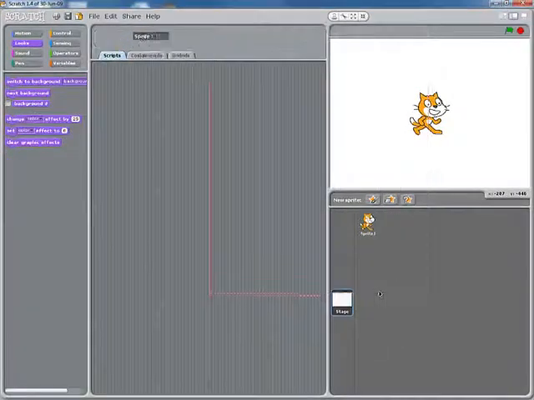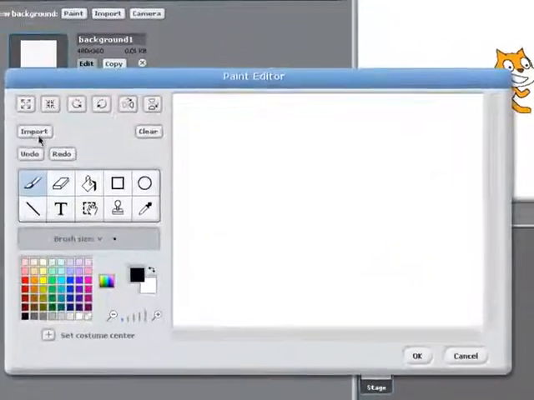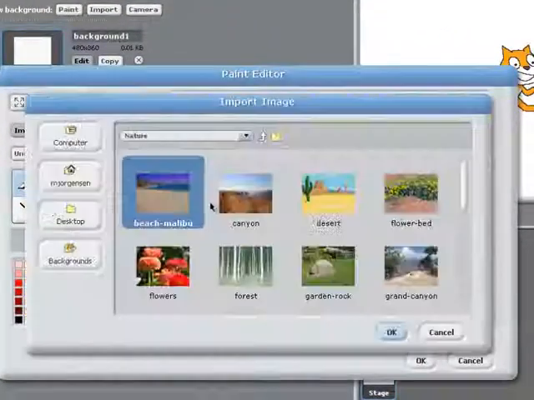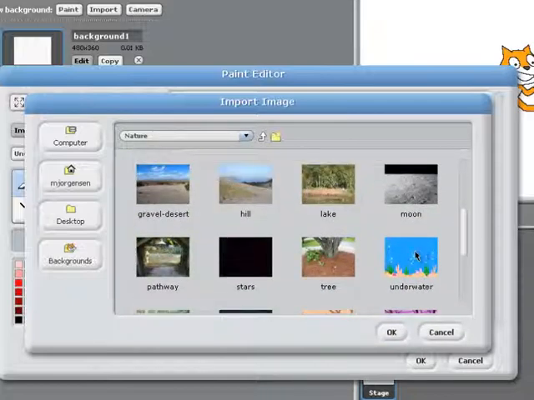First of all, we're going to choose the background or the stage. So click on Stage, go to Backgrounds, go to Edit. Then we can click on Import and we can choose from any number of backgrounds. I'm going to go underwater,